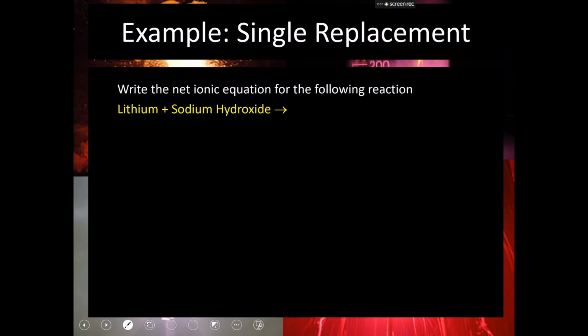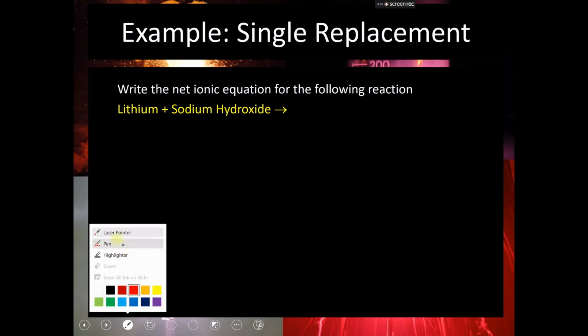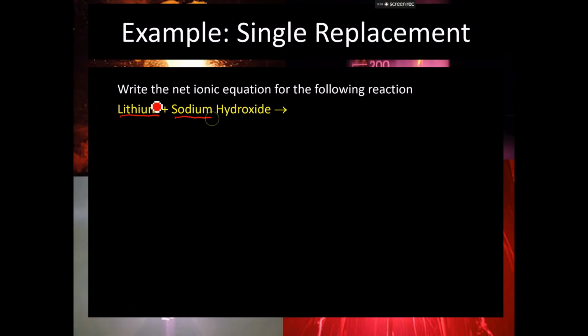So let's look at some examples. This again can happen in both double and single replacement reactions, which is why we started asking you to put the states of matter on single replacement reactions in section 4. Because once we start doing that, we can then write a complete and a net ionic equation for a single replacement reaction. So let's say we have this reaction: lithium reacting with sodium hydroxide. Well, we identify this as a single replacement reaction, and we can see that the lithium and the sodium are going to swap places, so that the sodium is going to be by itself,